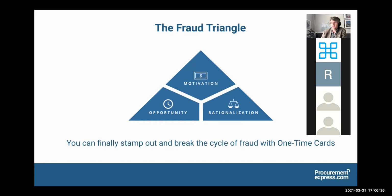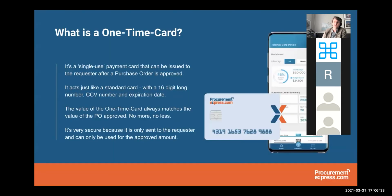So what our product here will do is it will make sure that it eradicates a lot of the opportunity for misuse of company spends. So how does it do that? Well, what we have integrated and what I'm going to show to you here today is how you can issue single-use cards, which can only be used for a particular amount for a particular